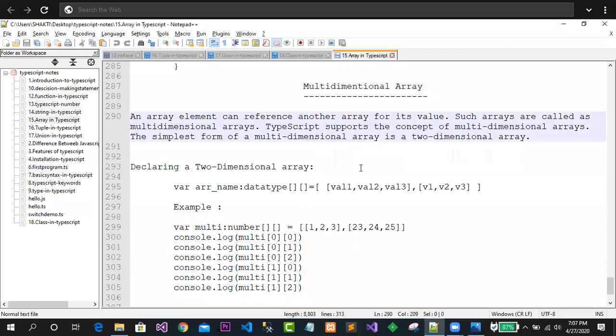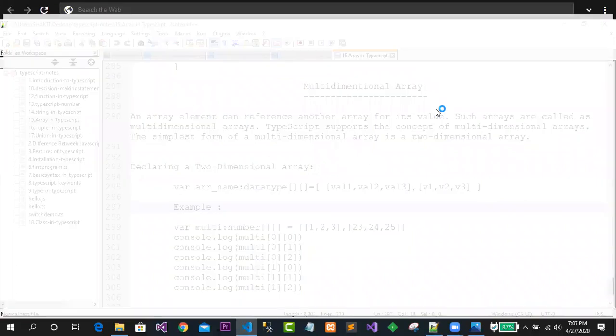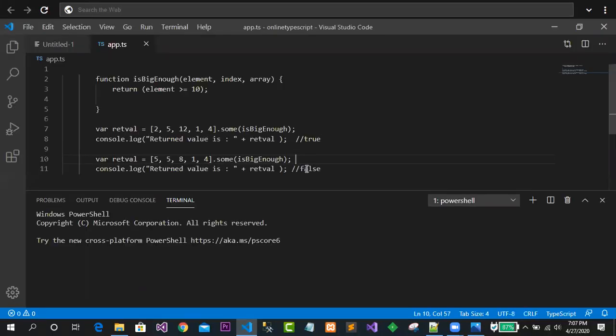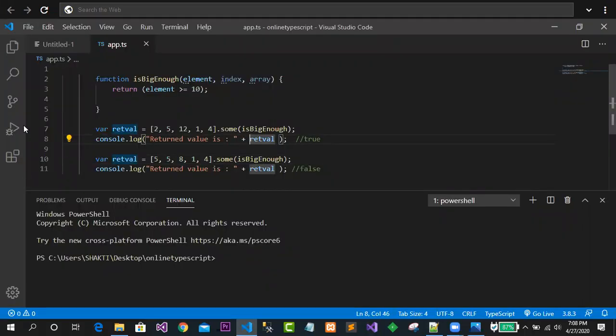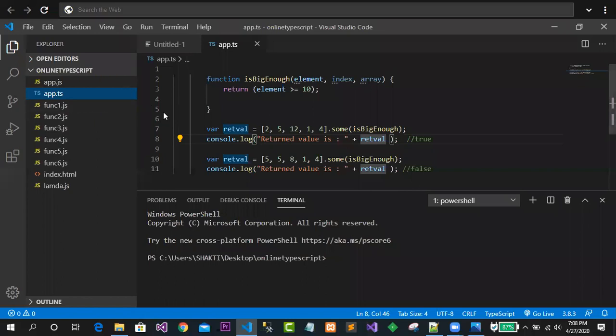Just see, what is a multi-dimensional array in TypeScript, and how do we declare one? Simply go to Visual Studio Code. Let me start here by creating one multi-dimensional array. You can see how exactly this is written. You just give two square brackets here, which tells us this is a 2D array. Okay, and here we will try to understand how it works.